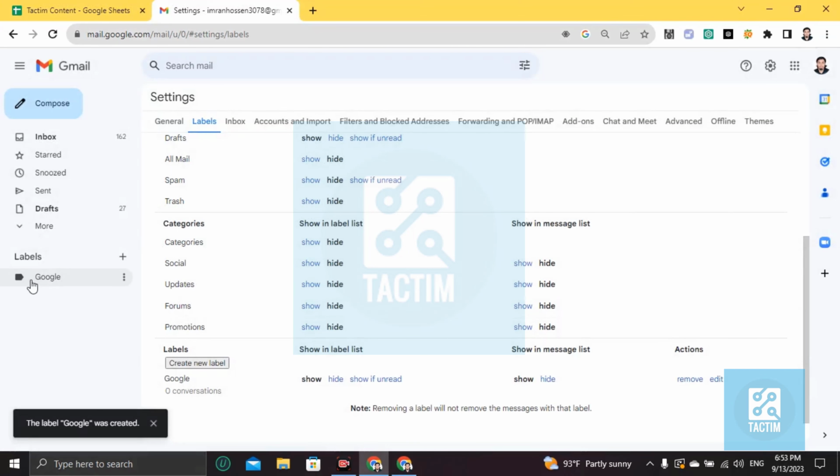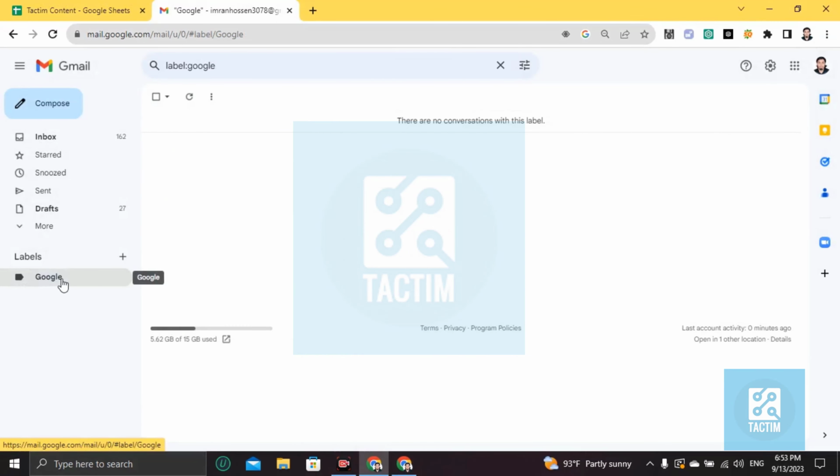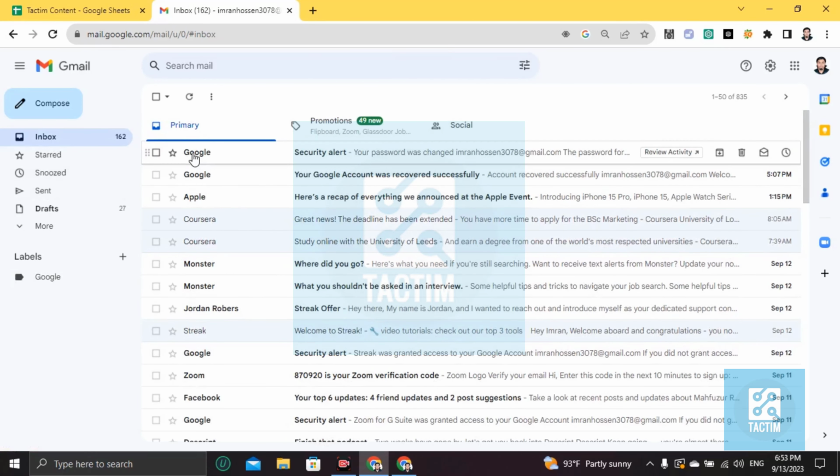Now how can you find this? You can see here your Google, or your new folder, has been created. Now how to send mails to this folder: go to inbox, choose this Google,